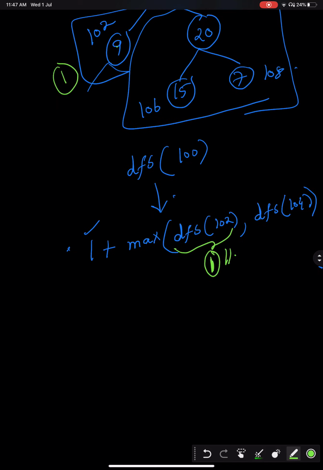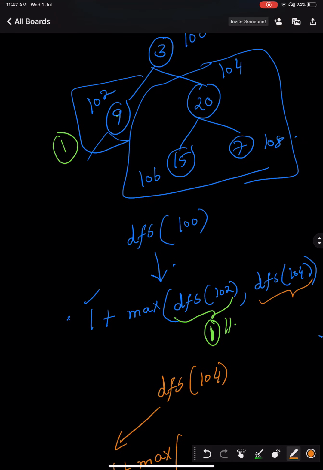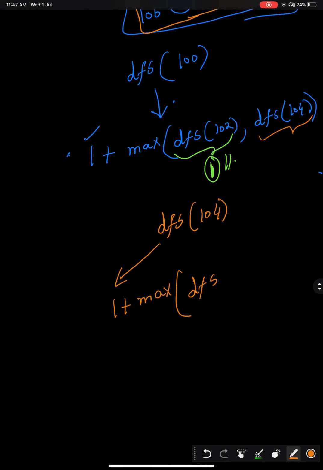Now we need to make a DFS call with 104. So DFS of 104. Now it will be 1 plus, the root node is always included, as I said before. So it will be 1 plus the maximum depth of 106 and the maximum depth of 108. So it will be DFS of 106 and DFS of 108.